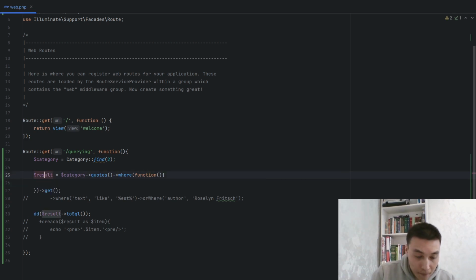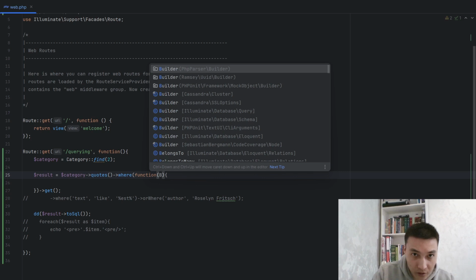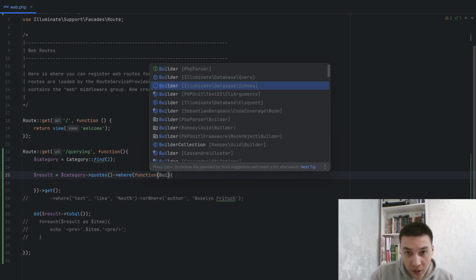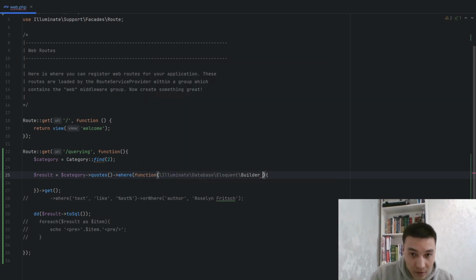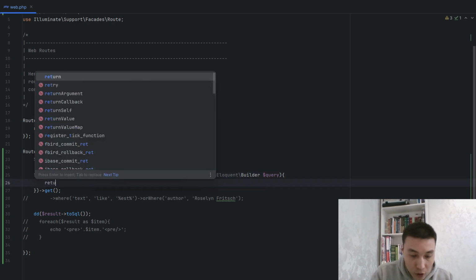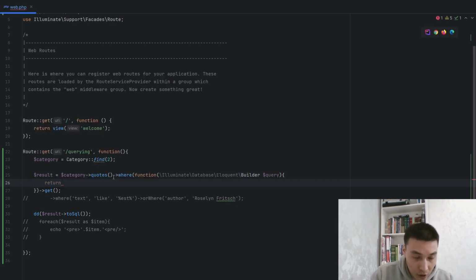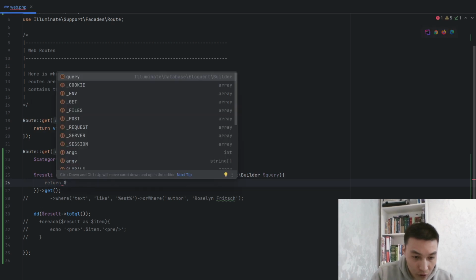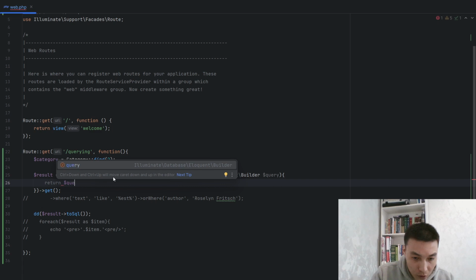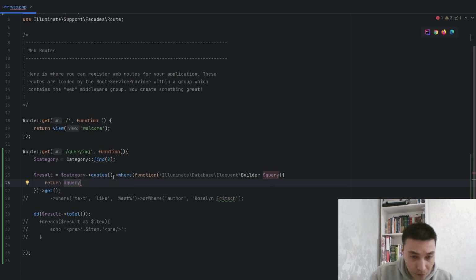Yes. And here we will use a builder instance, Builder I guess of Database Eloquent. Yes. And we will name it query, and this closure will return query, query, and just